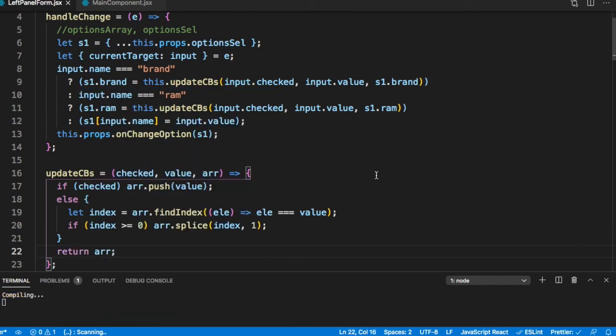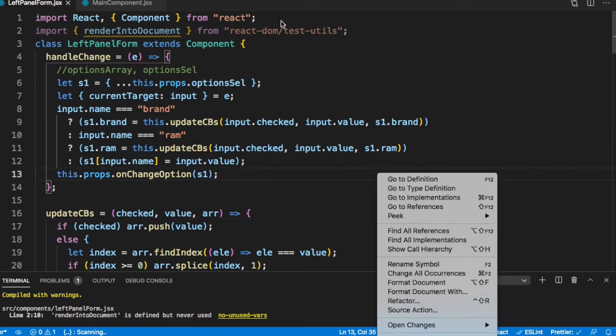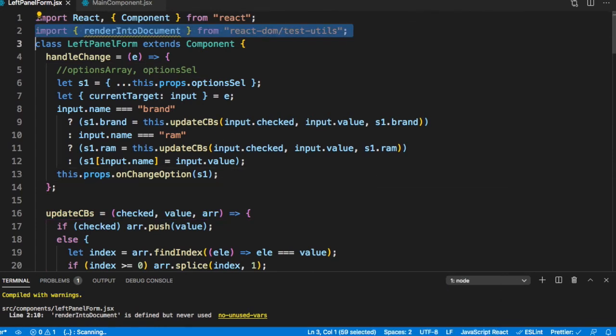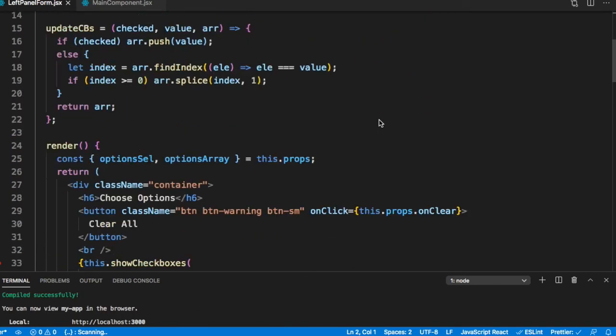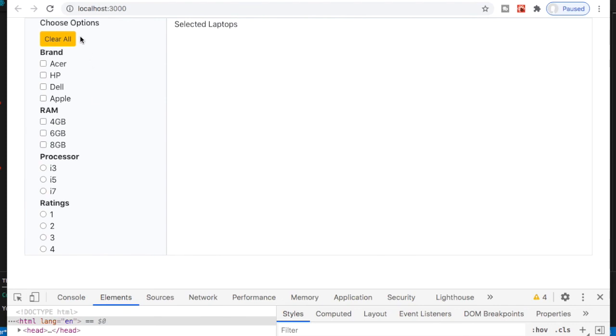So this should work reasonably fine. I don't know why this came up, so let's just delete it. Let's go ahead and look at the screen. So the screen is perfectly fine. Now we need to implement our selected laptops. So let's go ahead and do that.